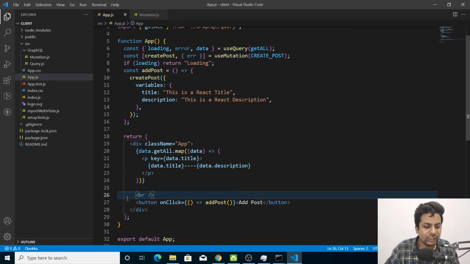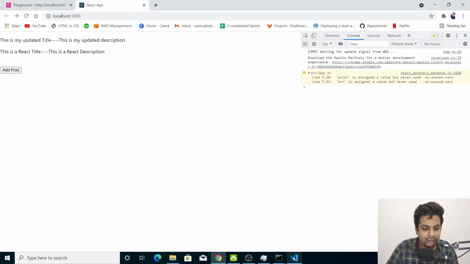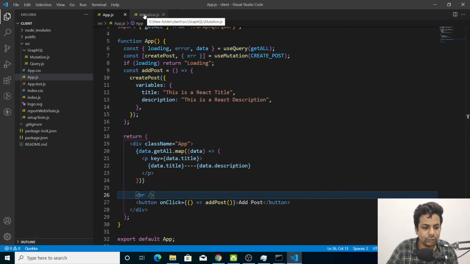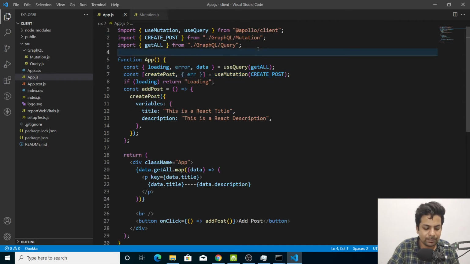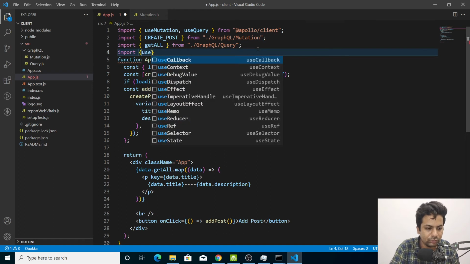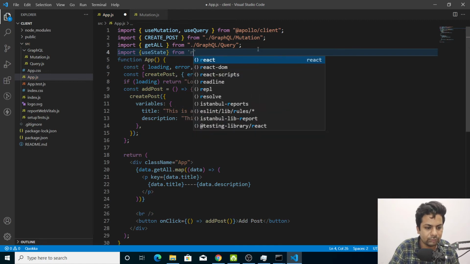Now comes the deletion part. If this is working fine completely, now comes the deletion part. So if we go to mutation, or should I make it dynamic? Let me just make it dynamic. So we'll import useState from React.